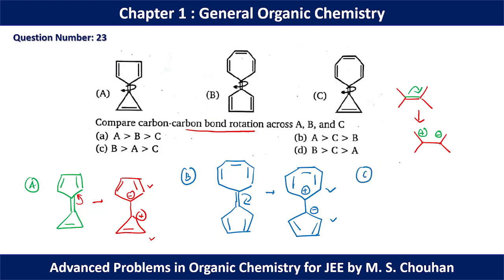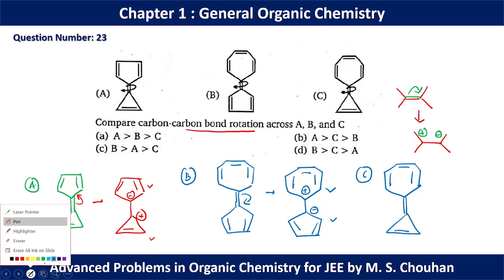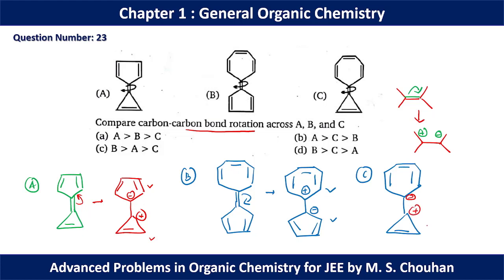If we go for the third molecule, then we can have some difficulty because in this case we have a 3-member ring attached with a 7-member ring. Now we can have two situations. We can dissociate like this. If we dissociate like this, we can have a negative charge here, a positive charge here. In this case, this will become aromatic, but this ring will become anti-aromatic.